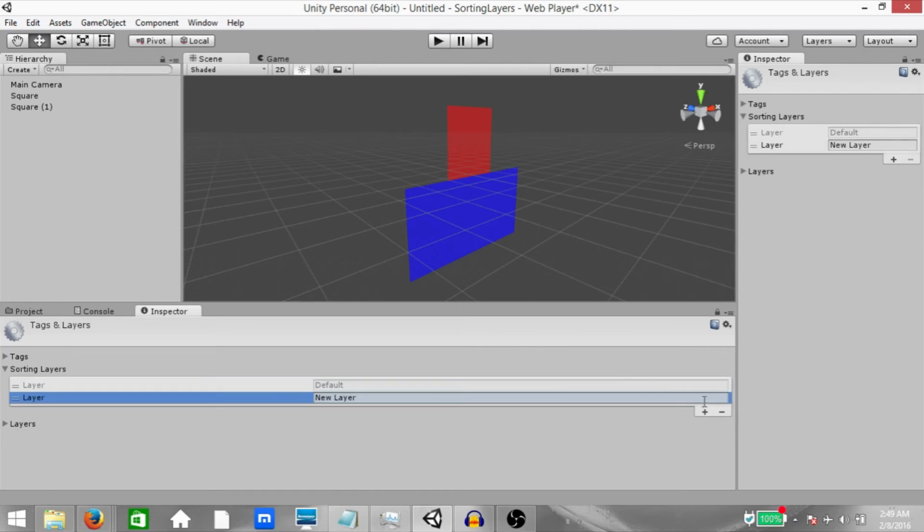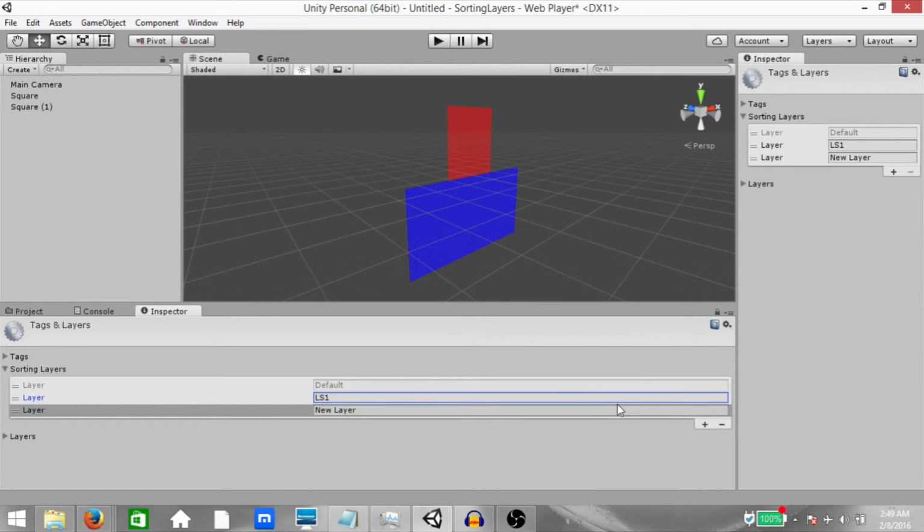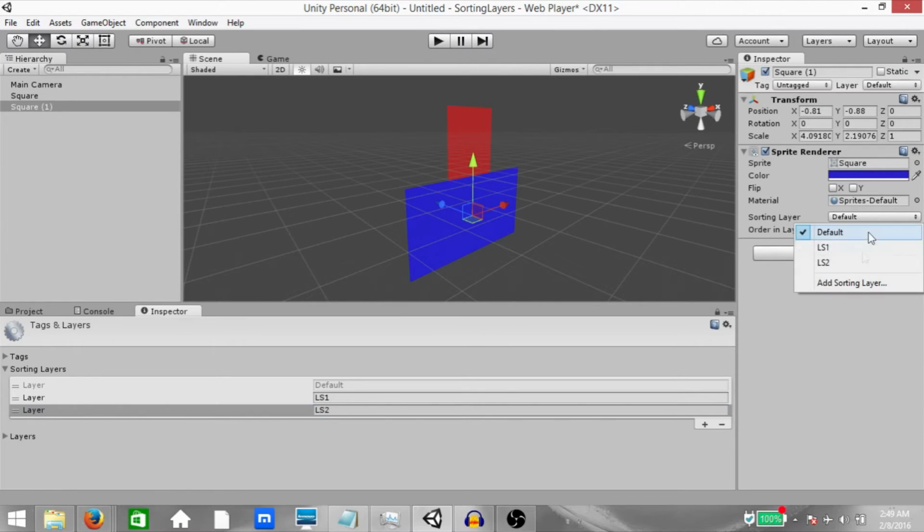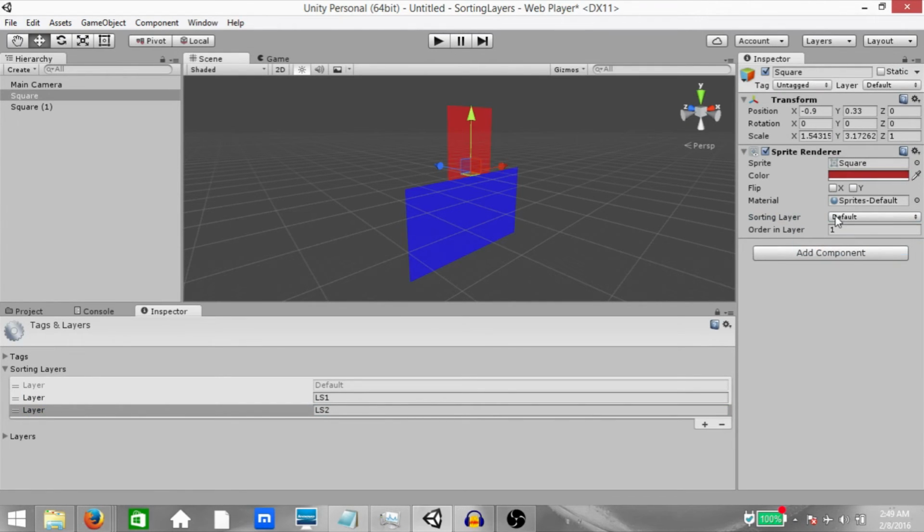Click the plus icon to add a new layer. We'll name this LS1. The name really does not matter. It's the order of the layers that matters. We'll get into that a little later. Create another layer, call it LS2. Now select the blue sprite and change its sorting layer to LS1 and click the red sprite and change its